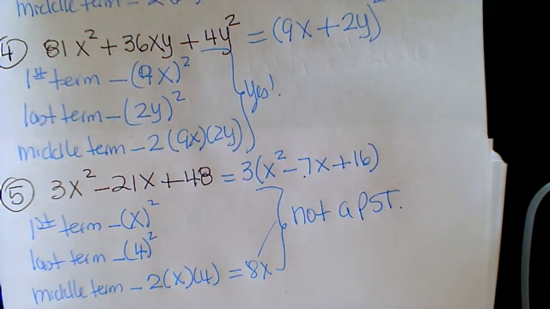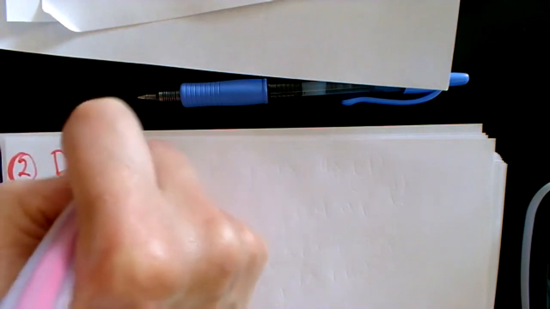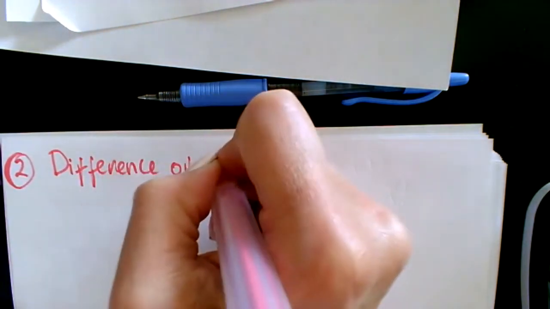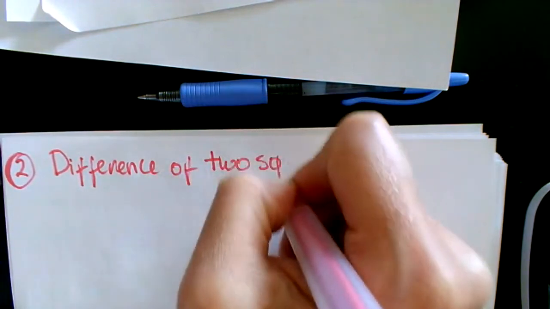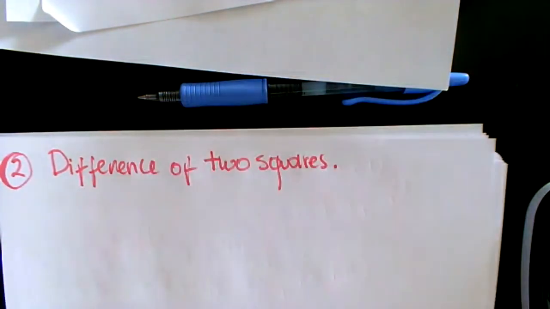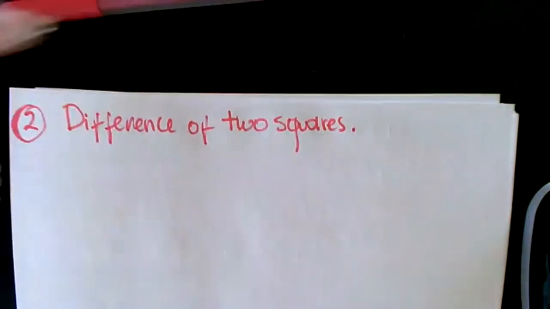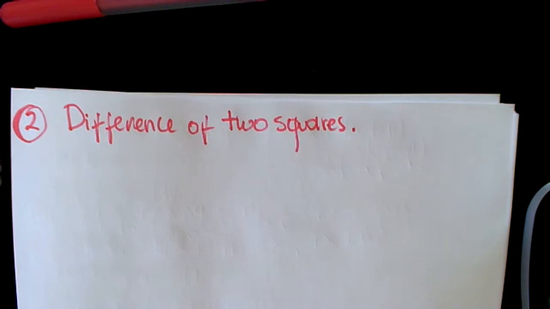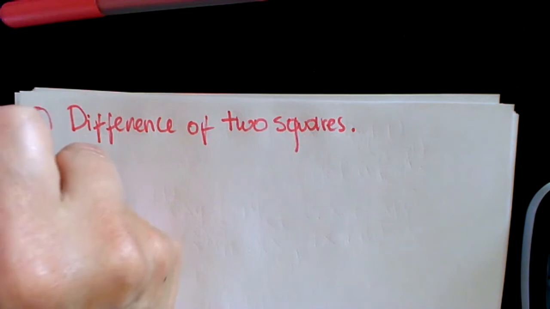Now, let's go into the second. We were going to study the perfect square trinomials. We were going to study the difference of two squares. That's the next one. Difference of two squares. So let's do it. We have to find, let's do this one first. Find